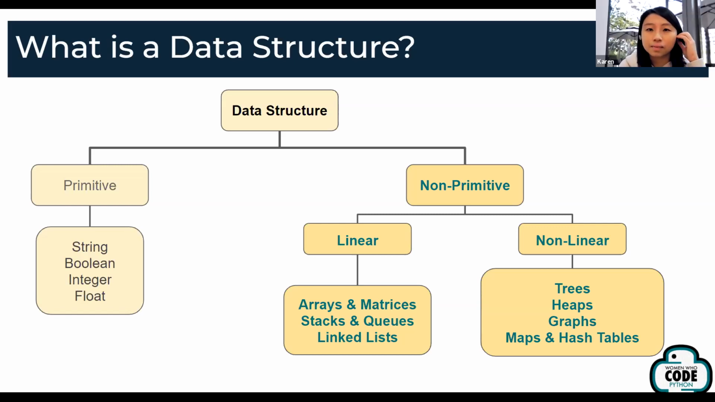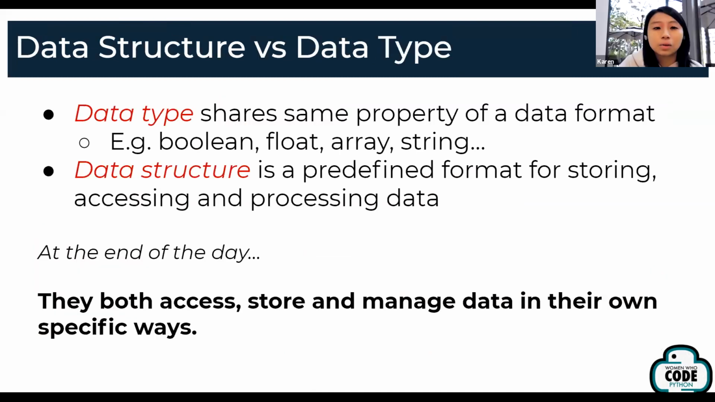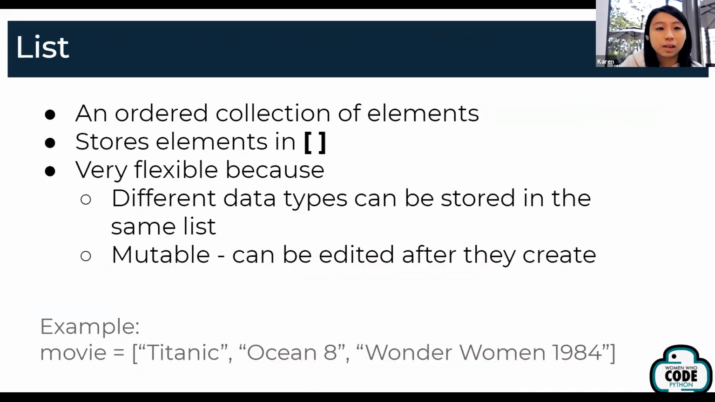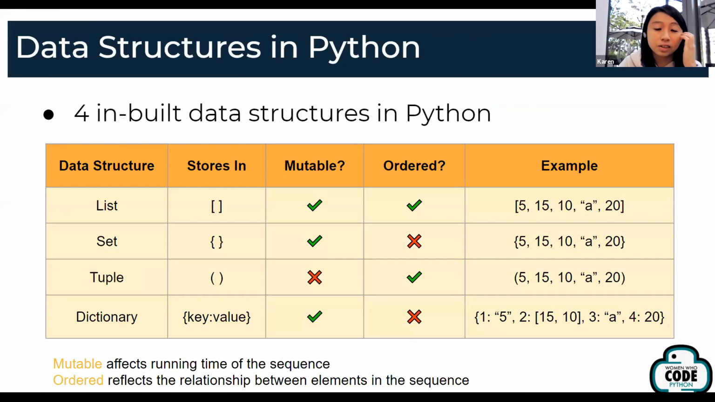Let's see. There's another question asking, what is meant by a list being ordered? Can it not be unordered as well? A good question. So let me go back to here. A list can be ordered. Order means it has a sequence. So for example,